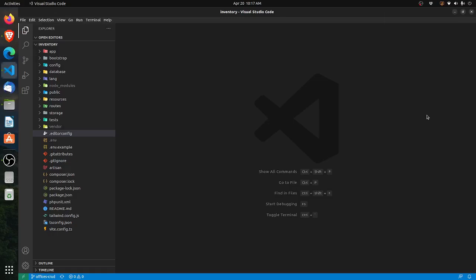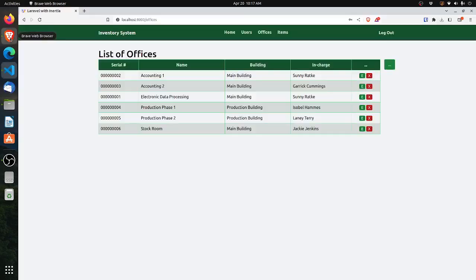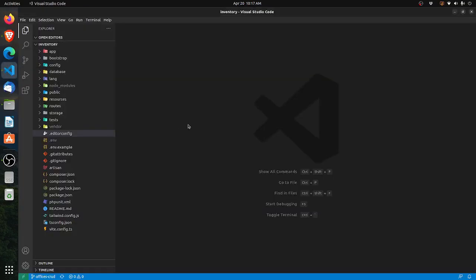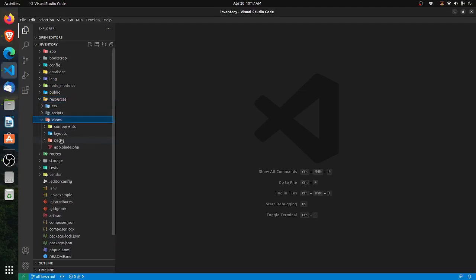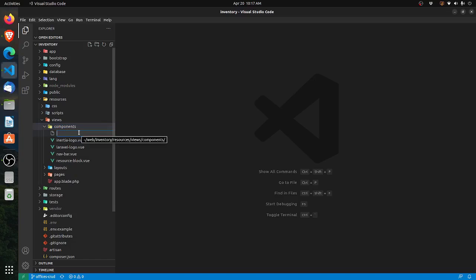All right, so at this point, I've gone back to a branch that does not have the changes I've shown earlier. So if we go back to the browser, at this point, we click on the delete button. We don't have any reactions because it's not there. First of all, we are going to create our component. So we go to resources, views, and inside of components, we're going to create a new file, and we call this component